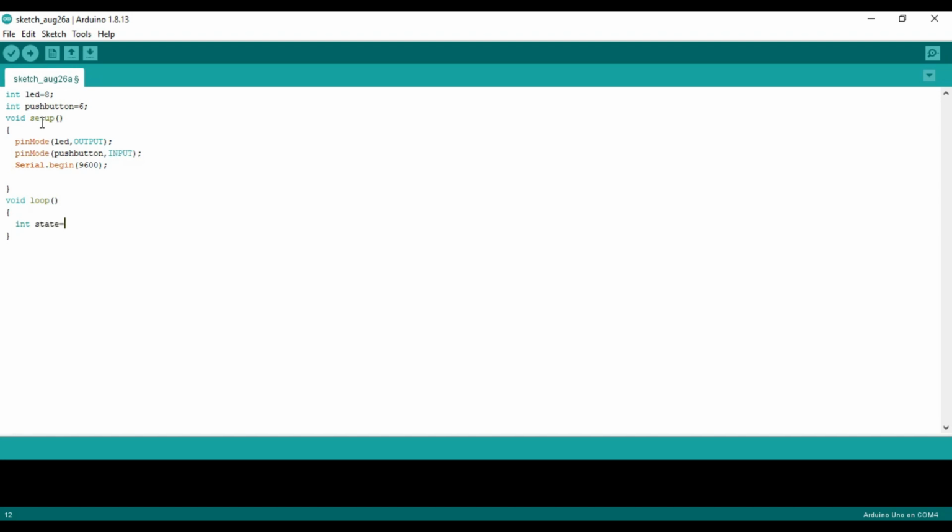Next, coming to our loop function, we will first read the state of the digital pin connected to our push button and store it in one variable that we will call, for now, state. Then we apply an if condition here. When the button is kept high or pressed, the digital pin connected to the LED is turned on, and we also print the message in our serial monitor that the button is pressed. In the else part, we will keep the digital pin low and print a message that the button is not pressed, and that's understood. Quite easy, guys.